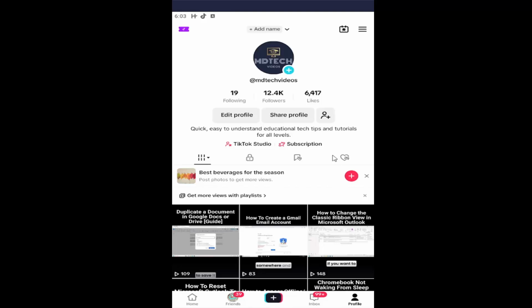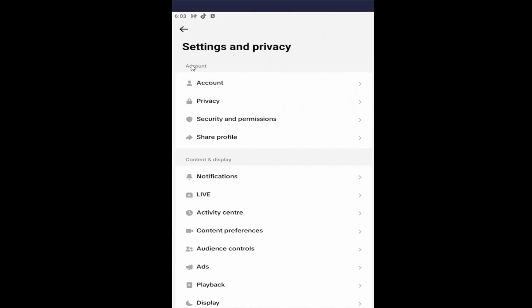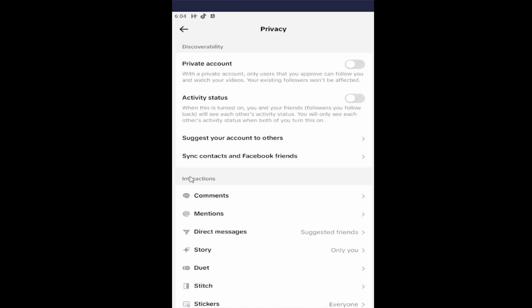So all you have to do is open up your TikTok profile. If you need to, select the profile icon on the bottom right to get to this page. Then proceed to select the hamburger icon at the top right, left click on it, and select Settings and Privacy. On the left side, underneath Account, select Privacy, and then underneath Interactions, select where it says Direct Messages,